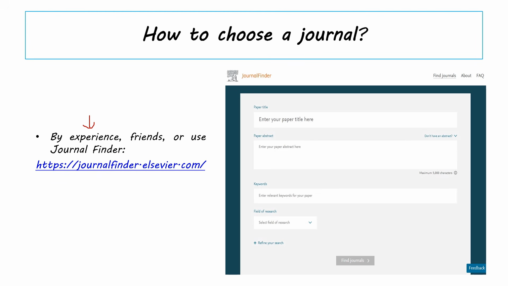Second thing, by friends. For example, you know a close friend that he or she is active in research, just ask him directly what is a suitable journal for this case report, and he will help you. Okay, or she will help you in finding this journal. Third thing, if you don't have experience and you don't know friends